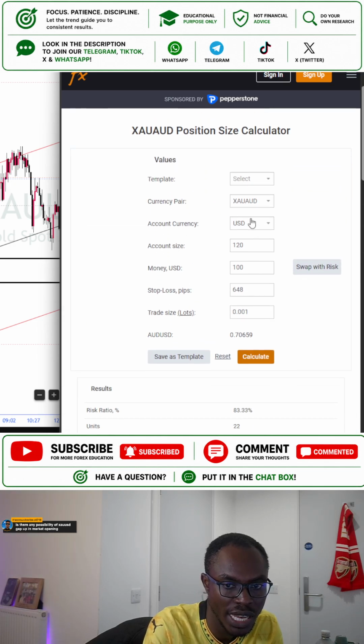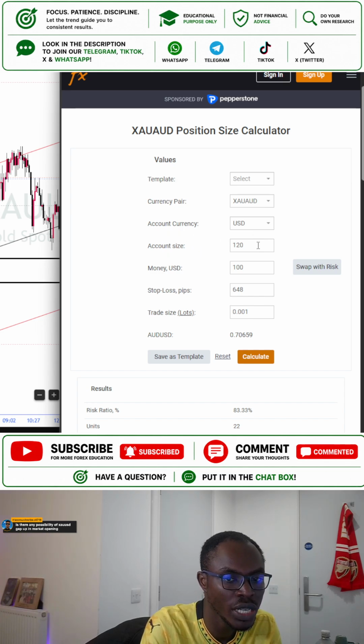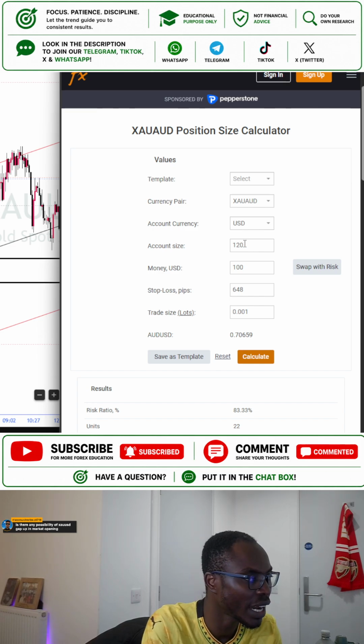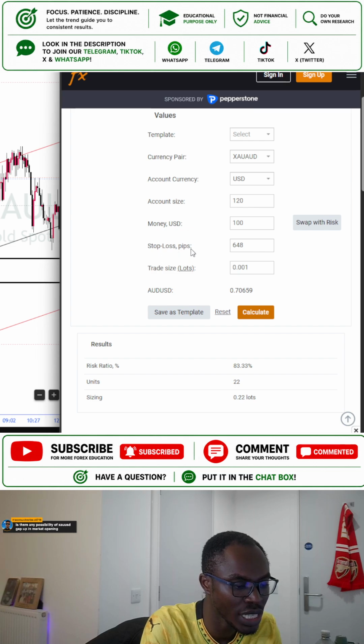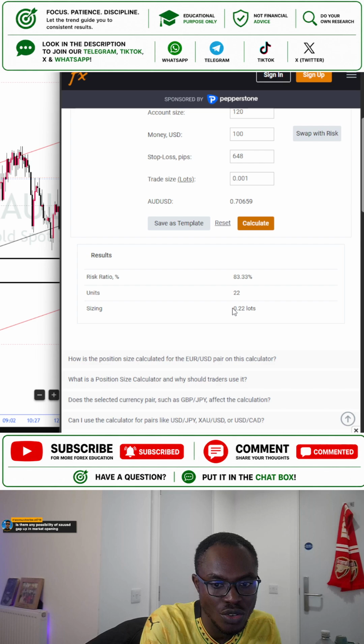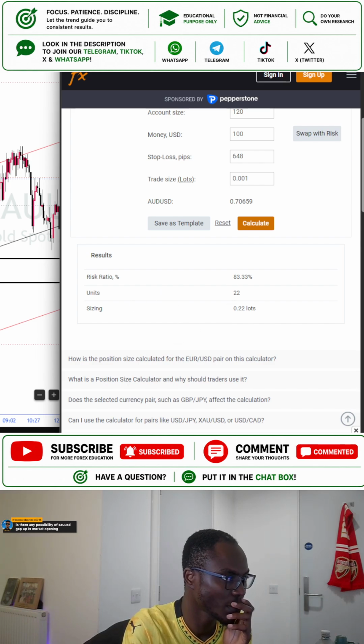So let me go over it. You select the currency. The account currency is US dollar. Account size, you only leave the amount of money you are risking with a margin. So I am risking 100, but I have a margin of 20 on it. That's how come I have 120 in my account. The amount that I'm risking is 100. The stop loss in pips is the middle number on your stop loss, which in this case is 648. And then you press calculate, and then it gives you the lot size. So the lot size will be 0.22. So that's how you calculate the lot size. Okay, so